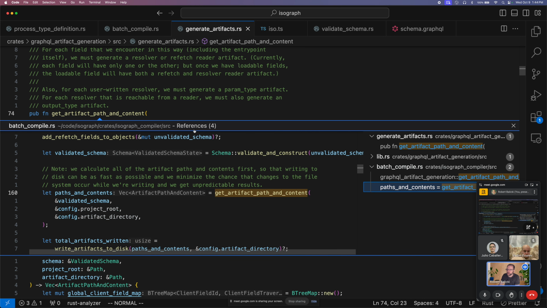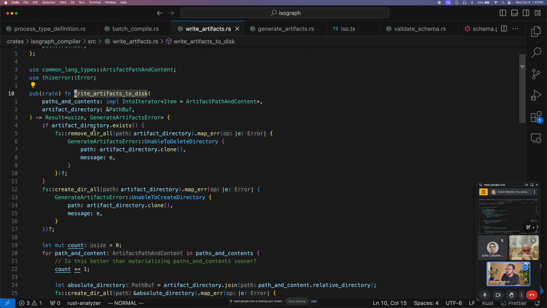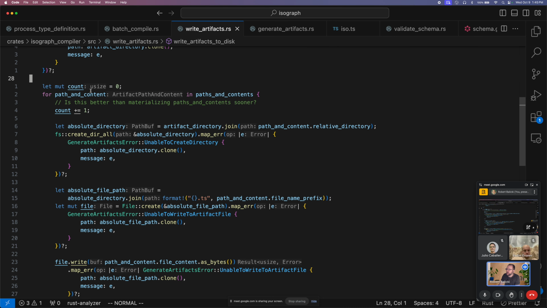And then we go to batch compile, and we call write artifacts to disk. That removes everything from the directory, creates everything, and